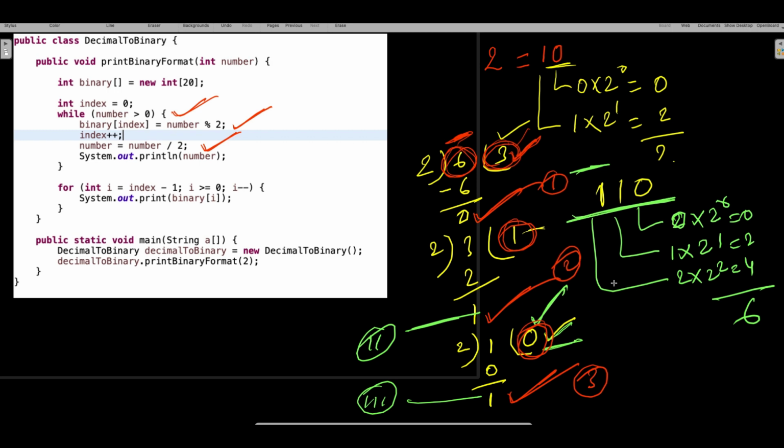I cannot use a single variable, because these are multiple data I need to store. So to store multiple data, an array is the best choice, either array or array list. That is the reason I have created one array of size 20. I just took 20 randomly so that it will fit big numbers also. If somebody runs my program for a big number, it will fit. So I just created one integer array of size 20, right? That's how we create an integer array.